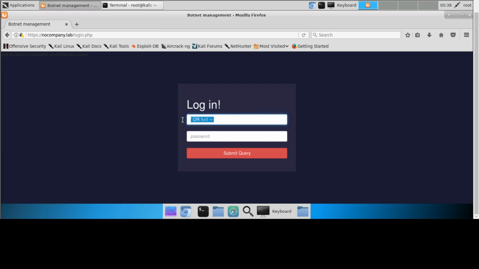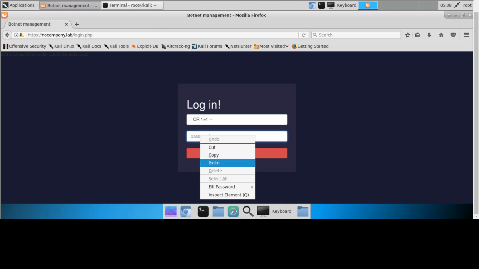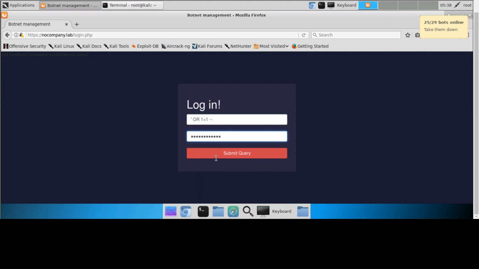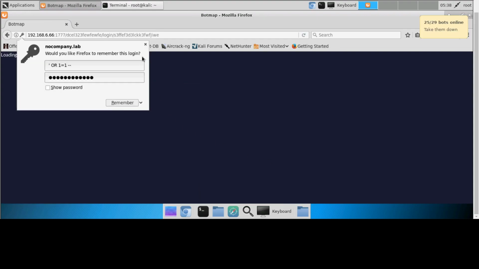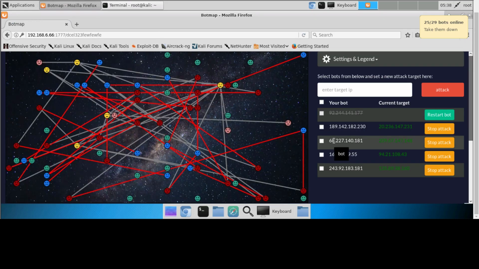Okay. And now I'm gonna copy this username and password. So here you log in using SQL injection attack, submit your query, and over here you can see the network map of the current attacks that's happening. And here you can see the bots that is being used to attack the targets over here. Okay, and if you scroll down,